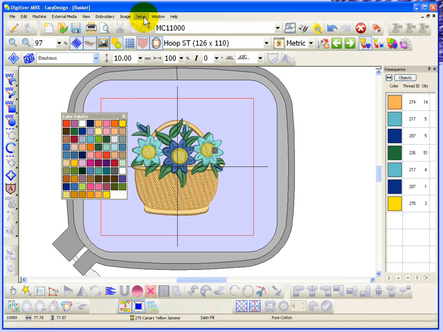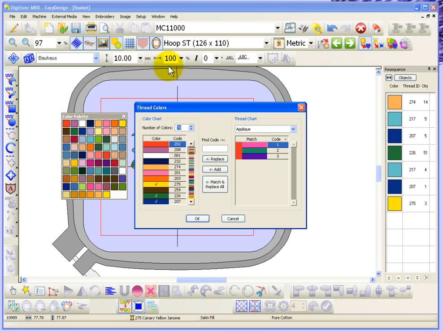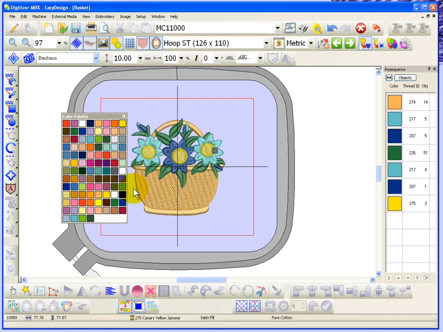And so the option is found under the Setup drop-down menu for thread colors. When that comes up, first of all, I can see that I've got 78 colors available in my color palette. And if I wanted to, I could change that number to be, well, let's just set it to 100. And if I say OK, you'll notice that the color palette grew and it now has exactly 100 colors in